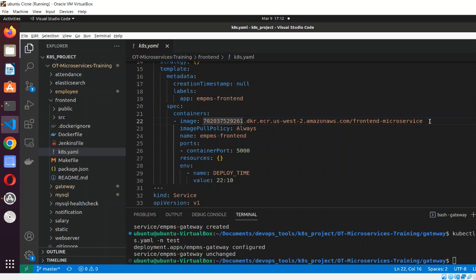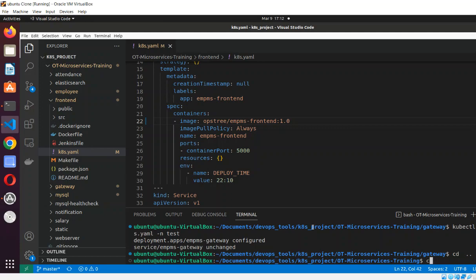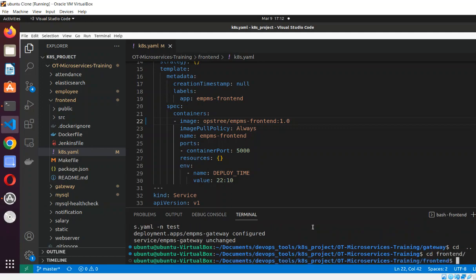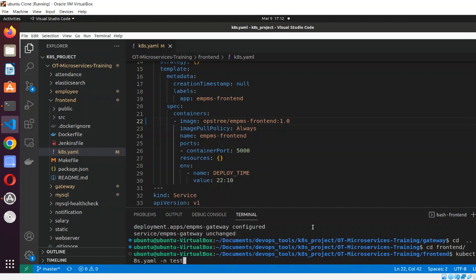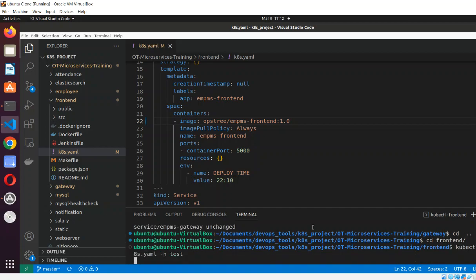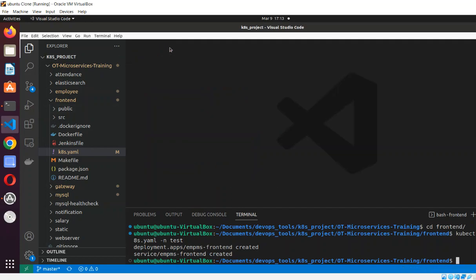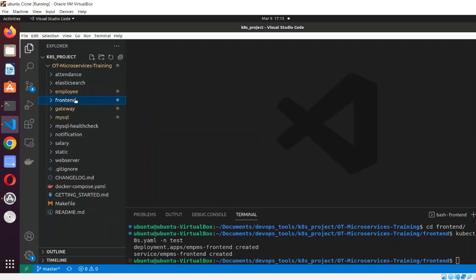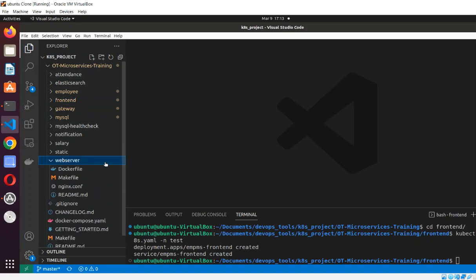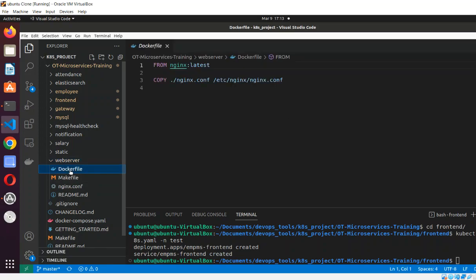Then okay, that's one done. CD back to the front end, and kubectl apply command -n test. Till the time it's getting deployed, show us the log. We will check the web server. Where is the web server? This is the web server,